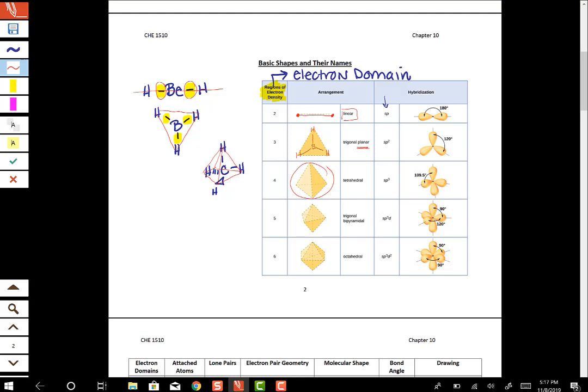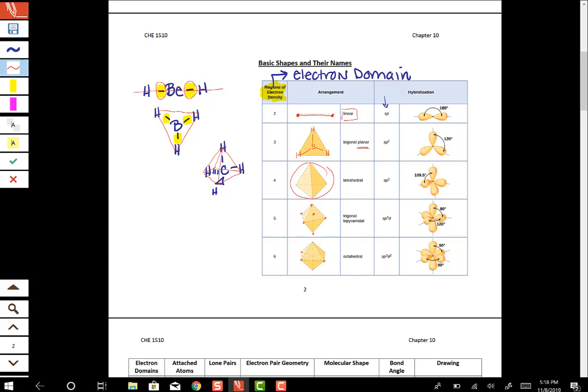Now, part of the thing that we're going to do in class is get our hands on these models so that you can visualize them more effectively. So then if we have 5 electron domains, they set themselves up in this fashion, where the dots I'm drawing are atoms, and in the middle is your central atom, and these atoms are as far apart as possible. And then our octahedral structure,